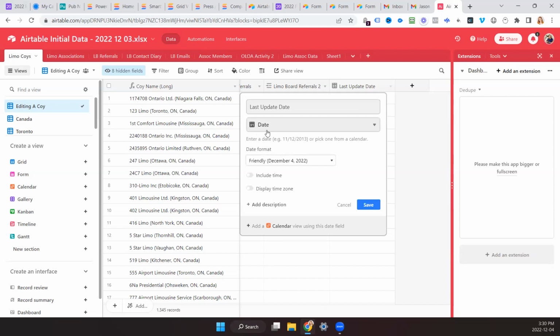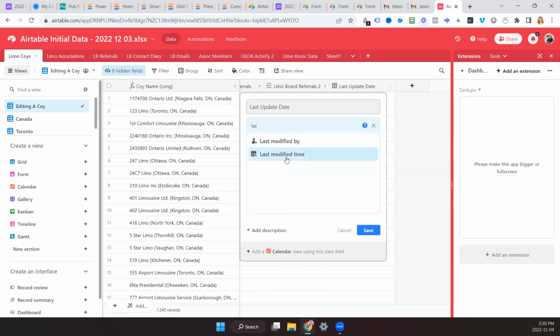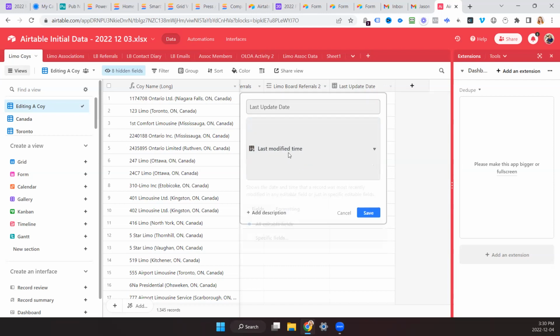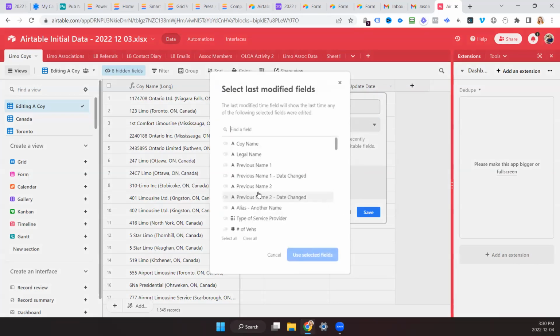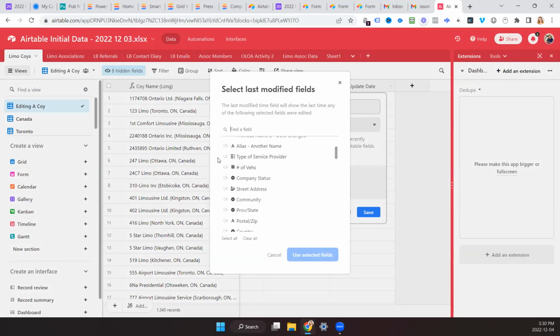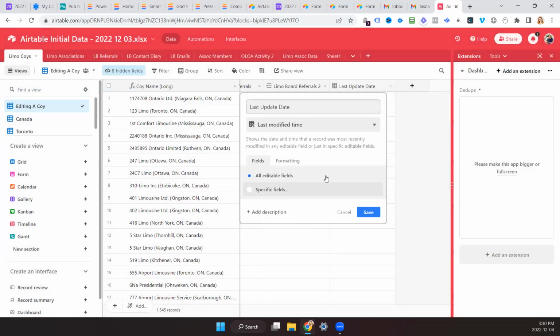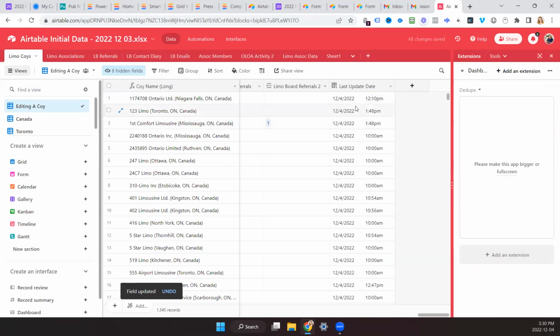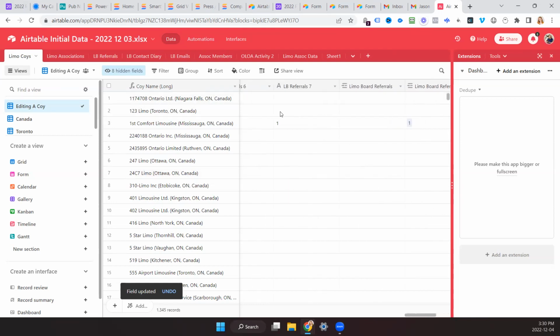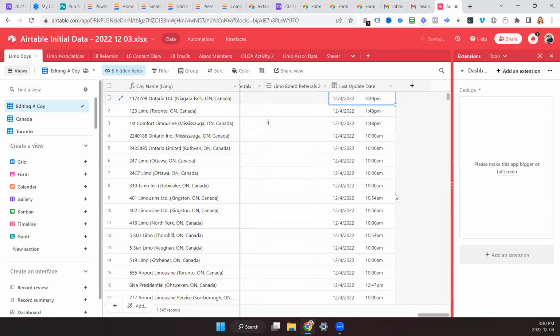So instead of having a dates field, there's something called last modified time. And we can even say only update this if we modified specific fields, or we can just have the date change whenever something changes. So I can type in something here, and then this should be updated.